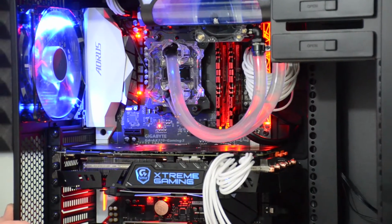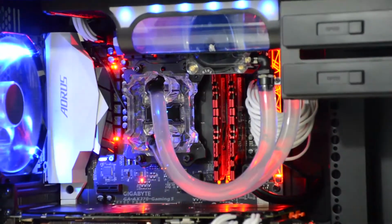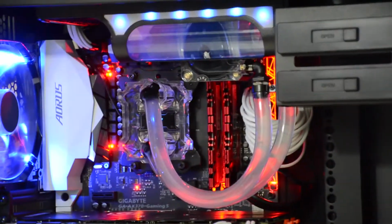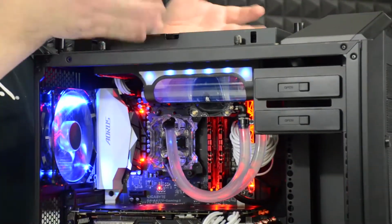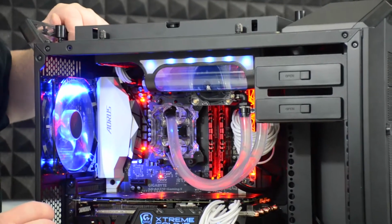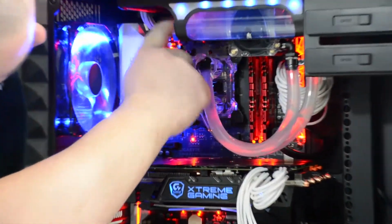So this is the second Ryzen build we've done to date, and I'm very happy with the results. I have an Aorus AX370 Gaming 5 motherboard from Gigabyte with an 1800X in the board. It's cooled by a Swiftech H220X2. I have an Extreme Gaming 1080 as the graphics card, and the boot drive is a Patriot Hellfire 240 gig